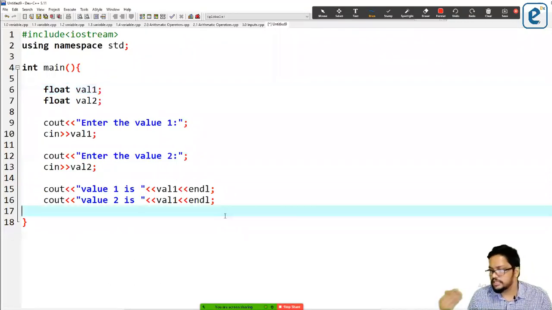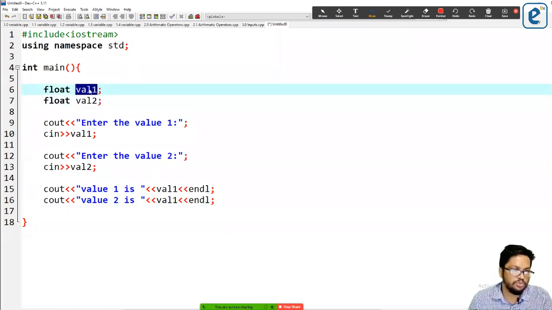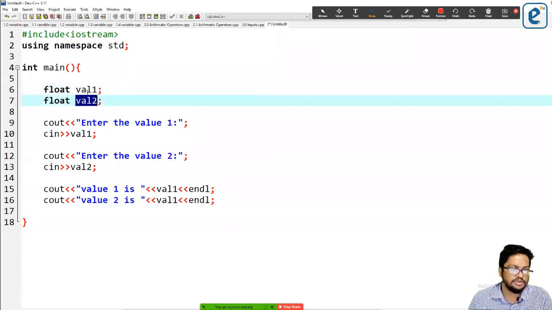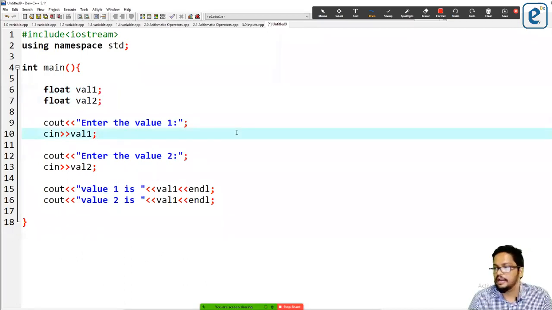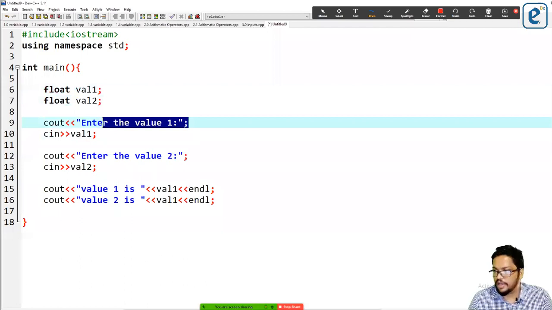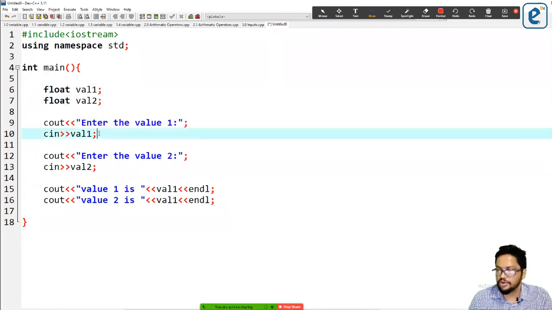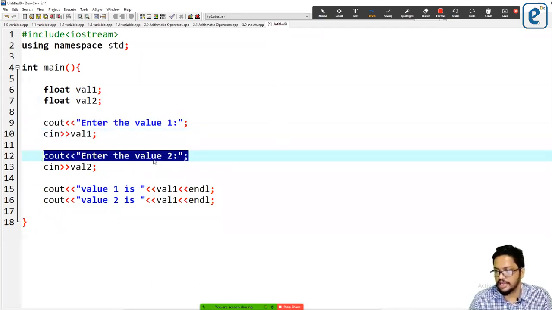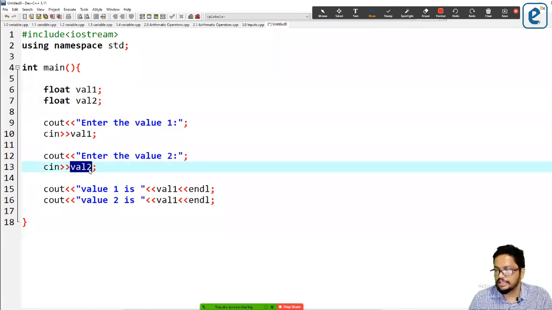So we are going to first print a message, enter the value 1, then we are going to take that input into value 1. And then for value 2, we are going to print a message, enter the value 2, then we are going to take whatever the user inputs into value 2, right?